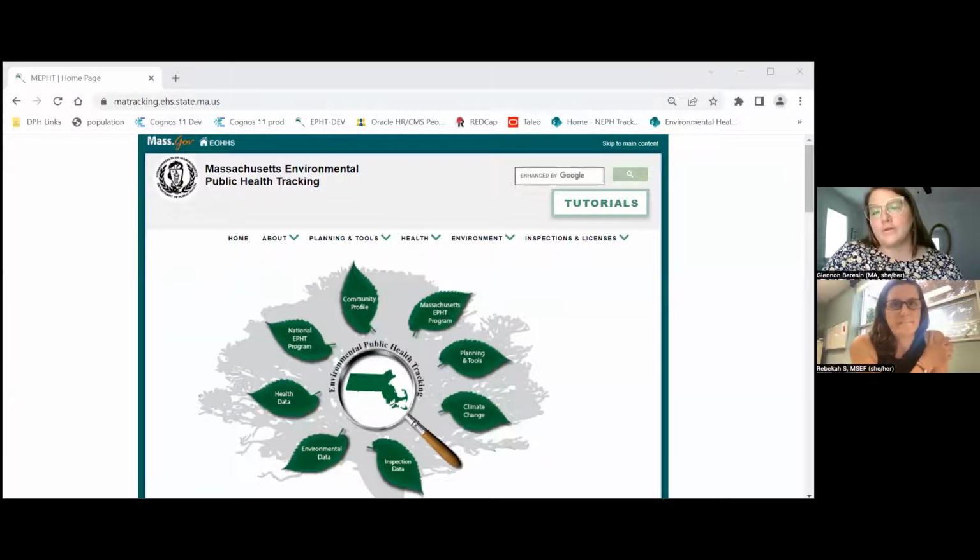So like Rebecca said, I work within the Department of Public Health and within the Bureau of Environmental Health. And for many, many years, we have been cooperative partners with the CDC, overseeing this program in Massachusetts called Environmental Public Health Tracking. And it's effectively our mission to make environmental health information and data available to the public.